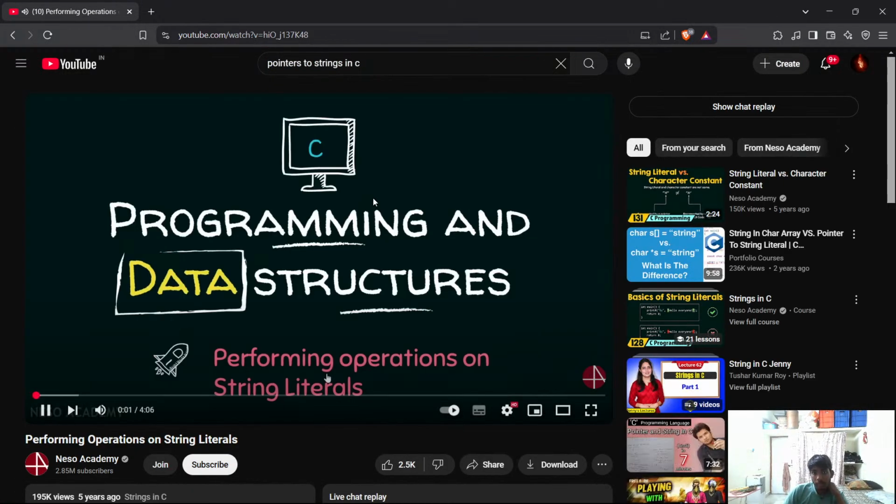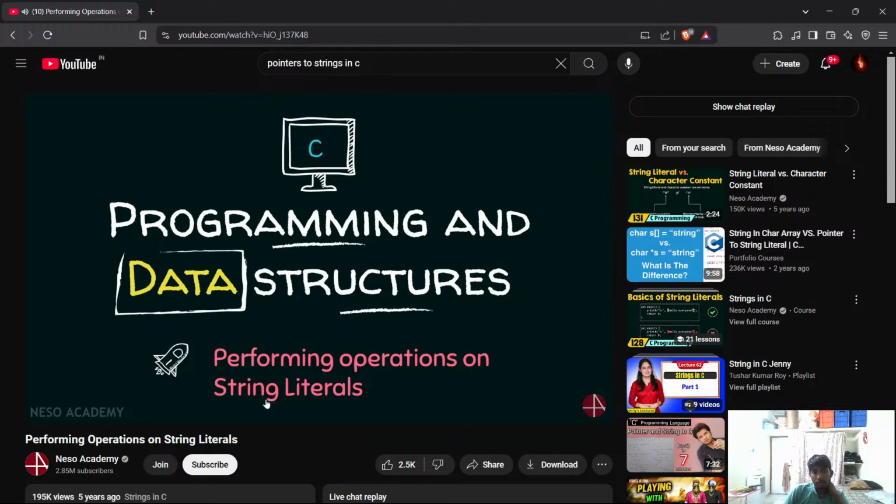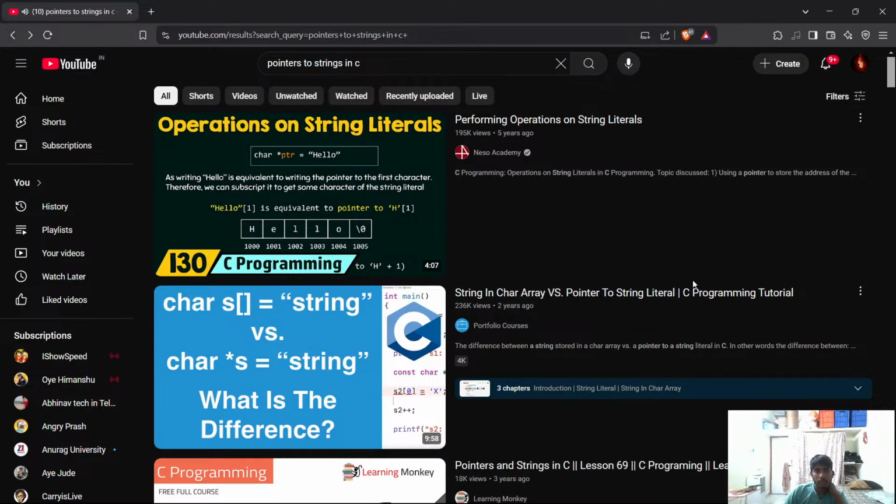Perform operation. In this presentation, we will learn how to perform operations on string literals. So let's get started. Let's say we have a